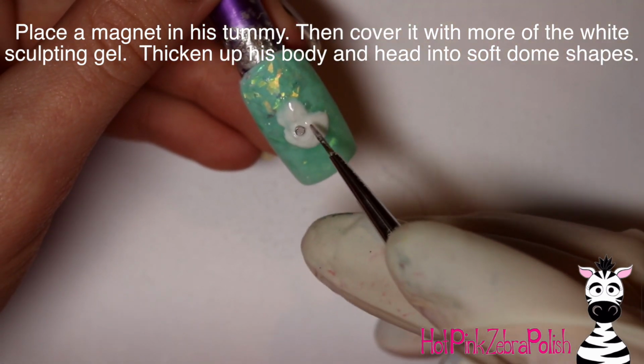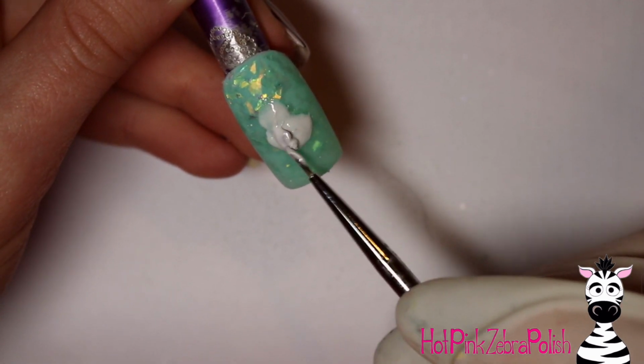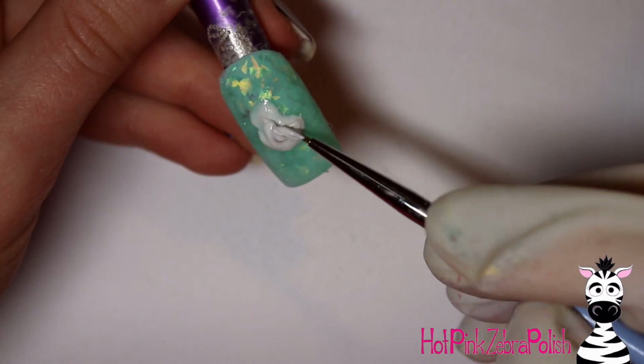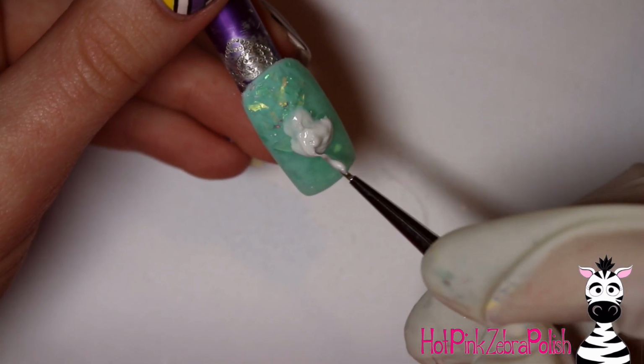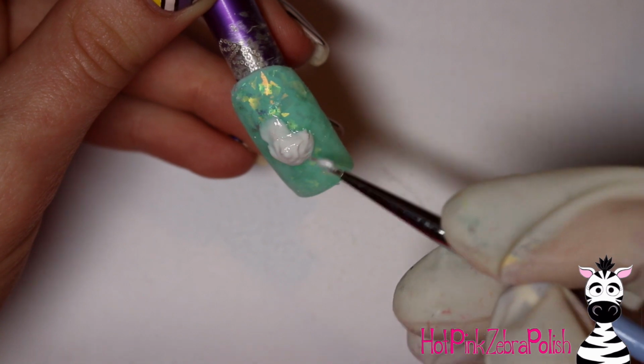So that part was cured, so now this is the next layer. As you can see, I added my magnet at this point right in the thickest area that his tummy is going to be. After that's on there, I'm just going to start wrapping gel around it. And maybe wrapping's not the right word there. I don't know. Applying gel around it, making sure that it's nice and thick